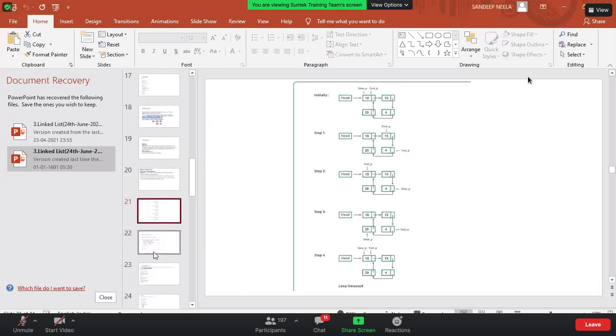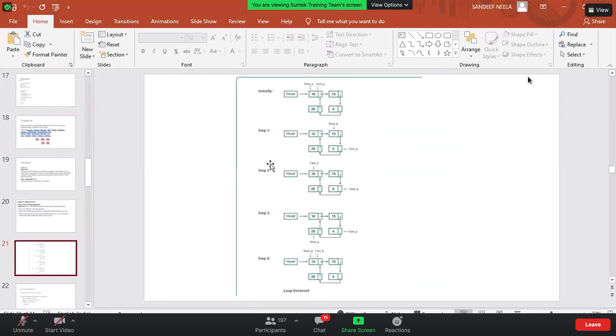We'll see how exactly. See here, slow pointer and fast pointer both are pointing to... Are you able to see this one or not? Is it clear now? Can anyone confirm? Are you able to see this diagram?